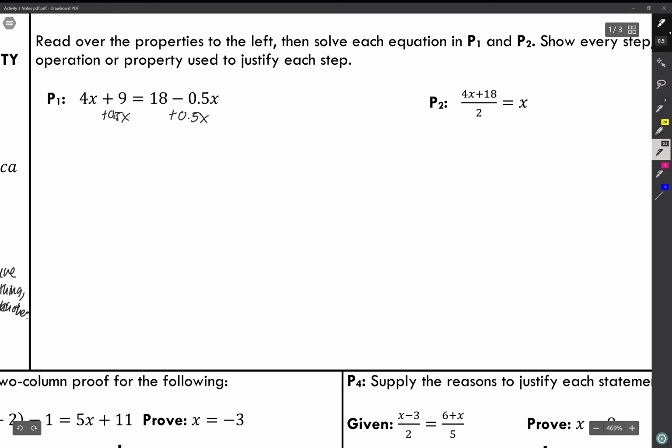Okay, and then that leaves me with 4.5x plus 9 is equal to 18. Okay, so next I'll subtract 9 from both sides, which will leave me with 4.5x is equal to 9. Then I'll divide both sides by 4.5, and that leaves me with x is equal to